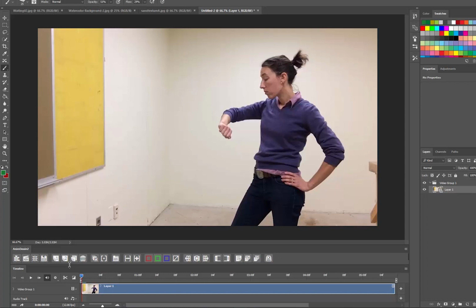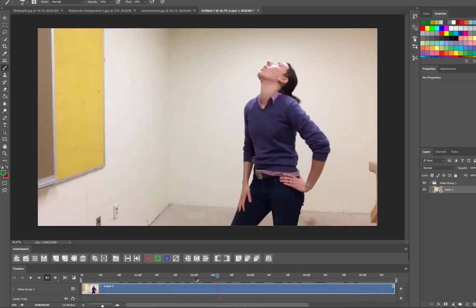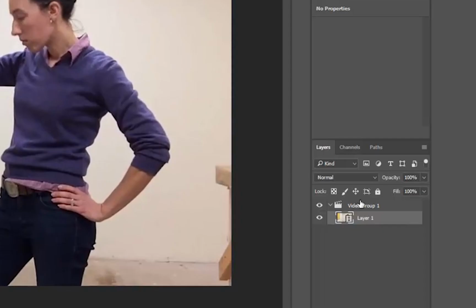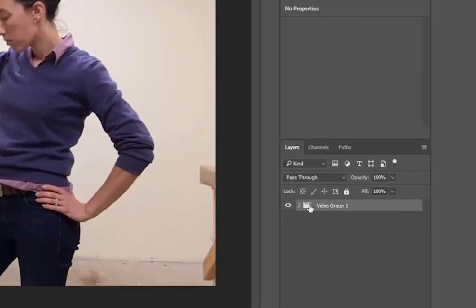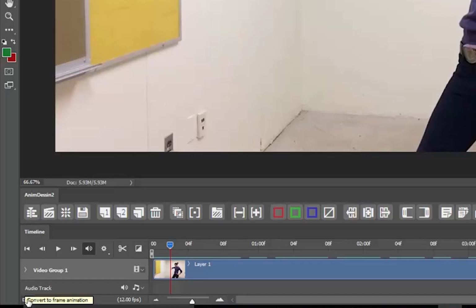and here it shows up in this timeline as a video. So the way that Photoshop works when it deals with sequences is it creates these video groups, which are essentially folders. So it's using the folder structure over here in the layers, if you look at this. And you can see that there's this special little folder that looks like a clapper, and inside is this video sequence. There's this thing in Photoshop called frame animation, and some people use that. I find it ultimately very confusing because you can't really see each individual frame. It's just sort of like condenses them into 0.2 seconds or something like that. So that's why I like to use the timeline,